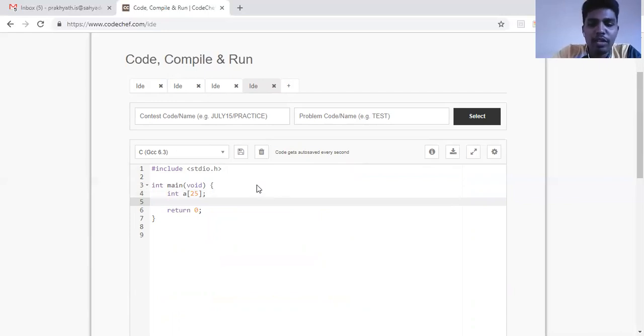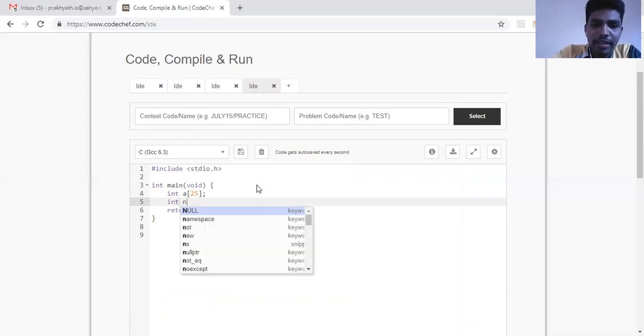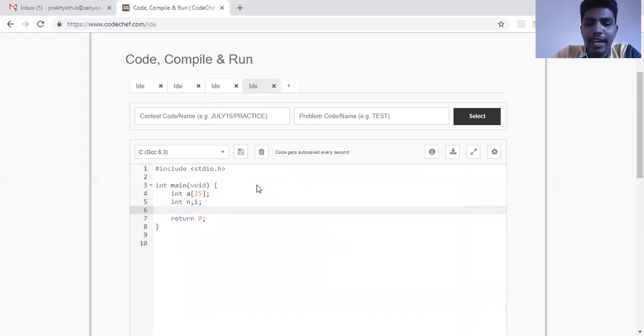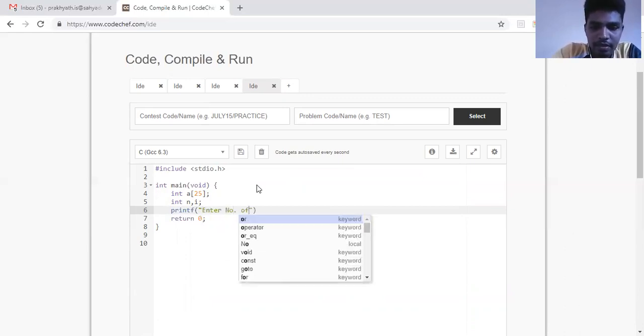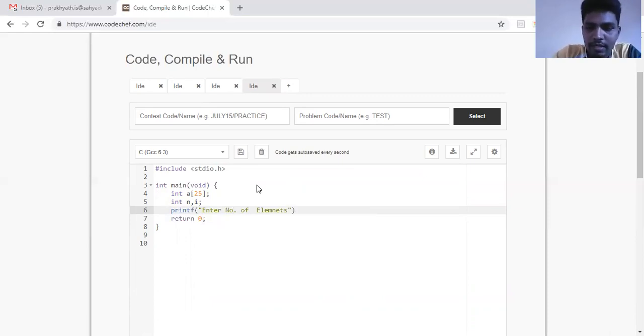First, I should ask the user to enter the number of elements they want. So we usually take n. Fine. Okay. And then we need a for loop for running it. So we can write a scanf to read the value of n. But here I'll be reading it directly. How will I write scanf? Okay, we'll do it in this fashion itself. Printf, enter number of elements. Okay, enter number of elements \n,